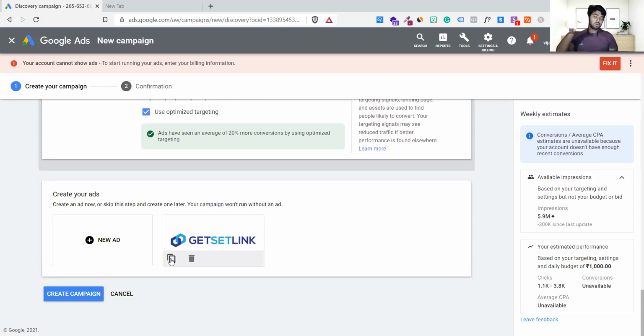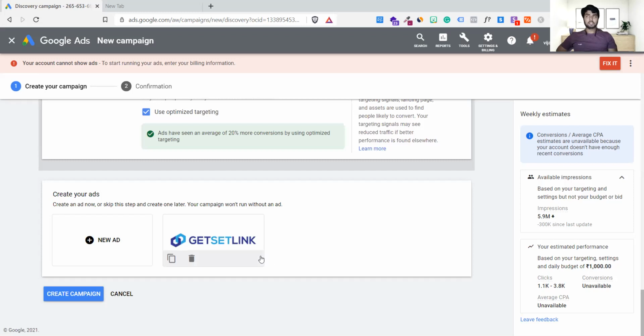If you want to make a copy and you want to change the color, or maybe change the pictures or the headlines, you can. Or you can do A/B testing, right? Like if you want to make a duplicate, it is for A/B testing, right? Yes, it's for A/B testing.